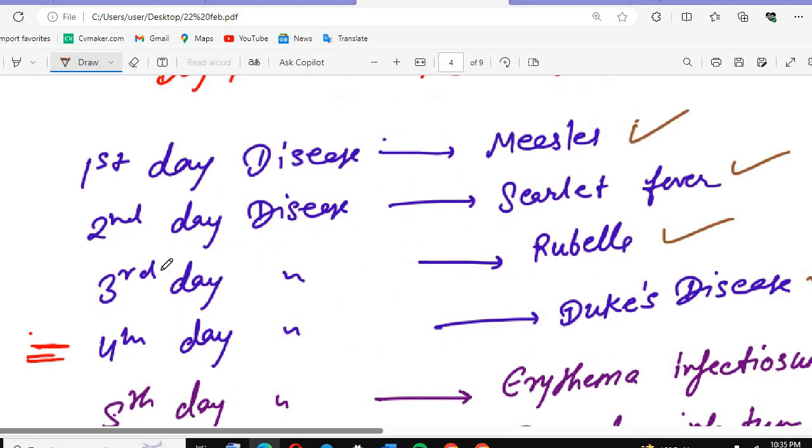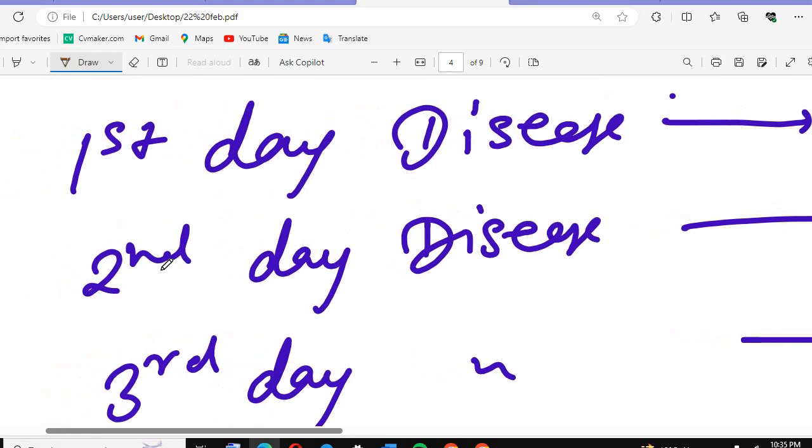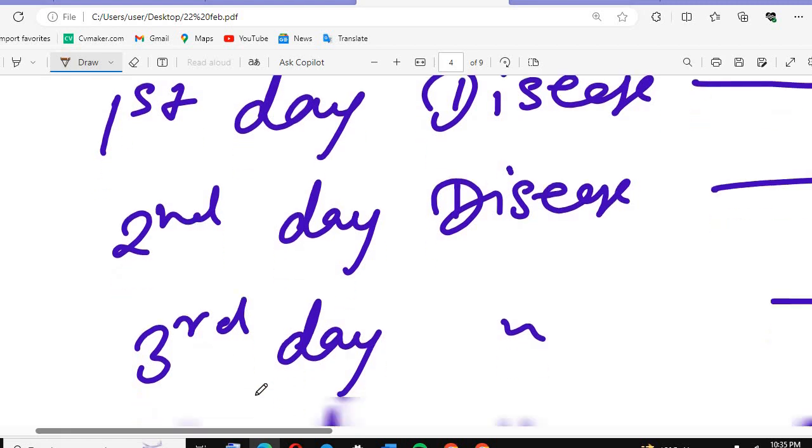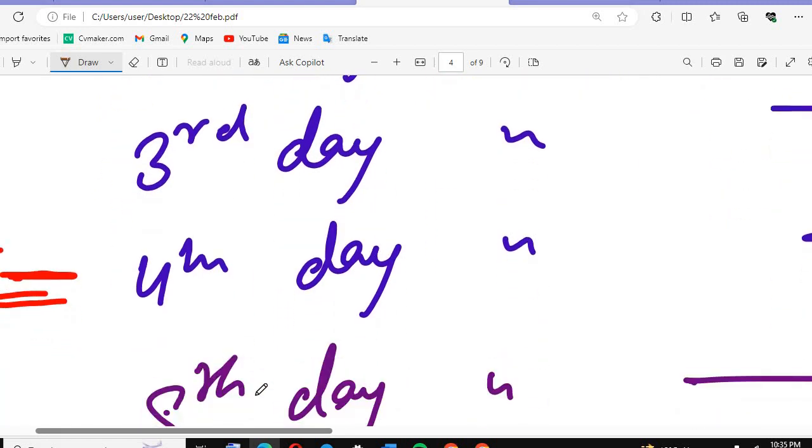This is important, that's why we are spending the time here. The first day disease, measles. The second day disease, scarlet fever. The third day disease is what? Now you will write to me. That is rubella. Fourth day disease is what? The fourth day disease will be, that is